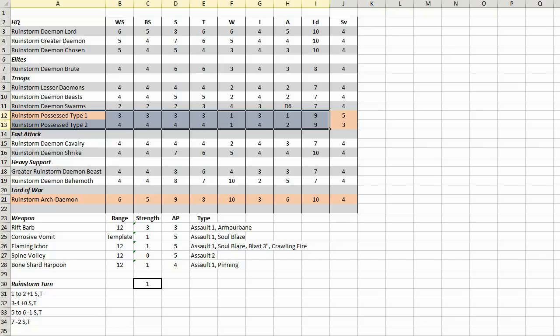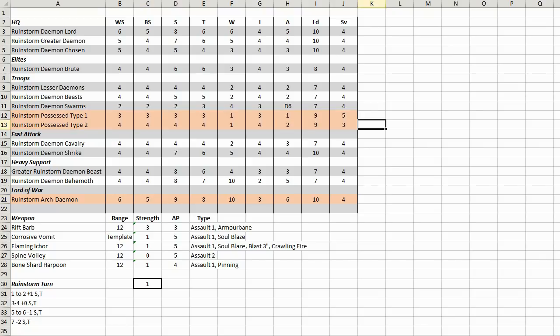On the downside, Ruinstorm Possessed make no sense. They're supposed to be for tactical flexibility, but you have a unit which has no buffs. They're not demons. Even though they're called Possessed, they don't have the demon rule. They don't have a demon save. They get no buffs from your generals. You can't attach your HQ units to the unit. The Ruinstorm Possessed here